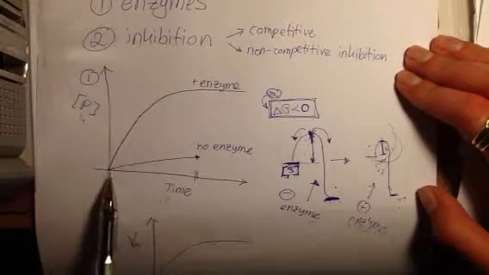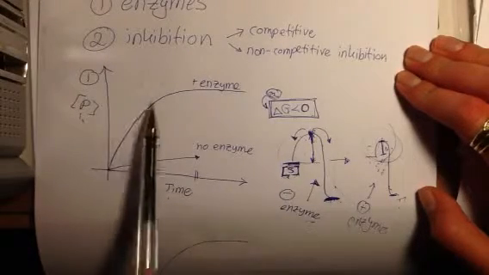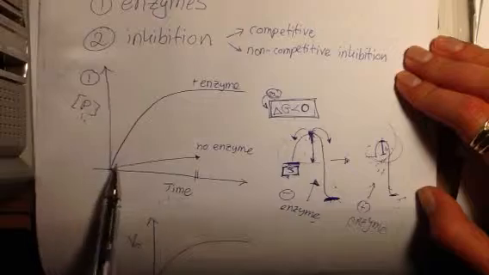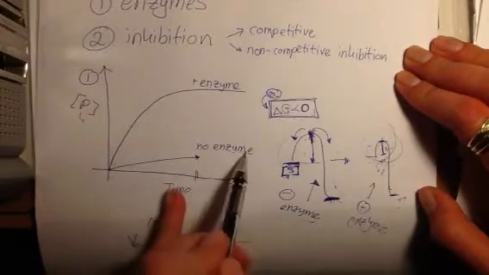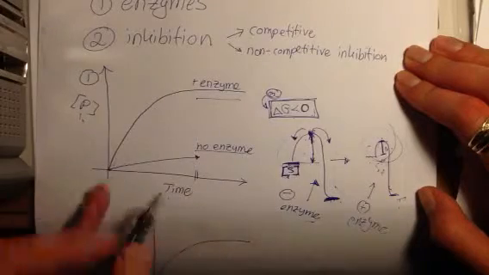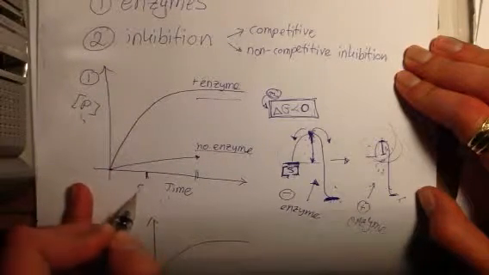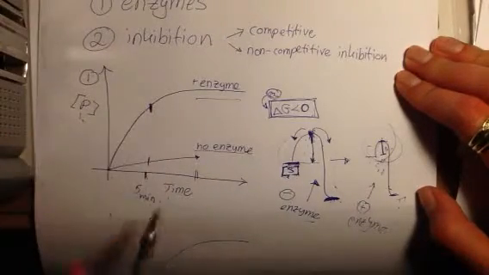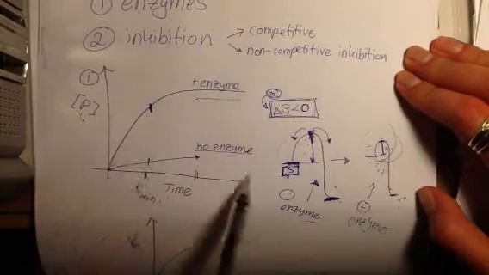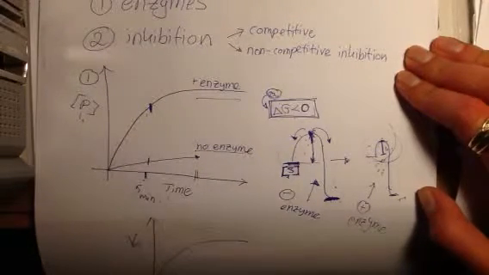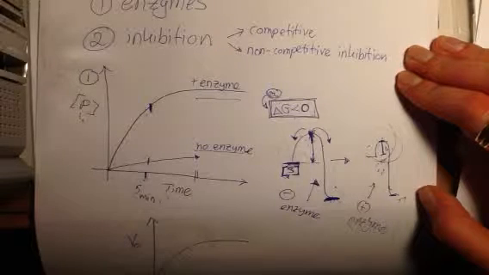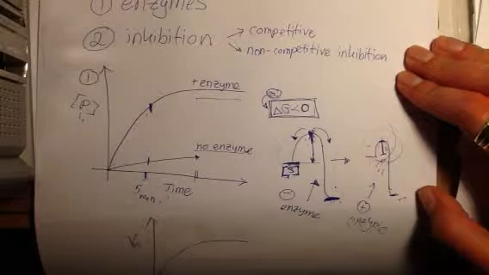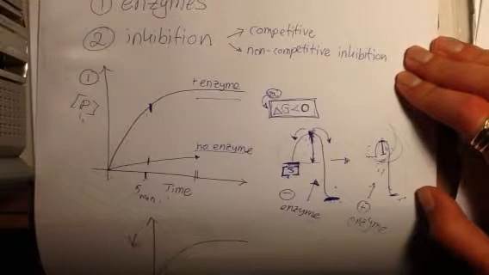You can see here we have the enzyme, and we can see that if we look without an enzyme or with an enzyme, if we take it like 5 minutes here, we get more yield, more products with the enzyme than without the enzyme. But if we put, like in a bowl or a flask, a very measured amount of substrate, we actually will get the same yield, but we get it faster, and this is what